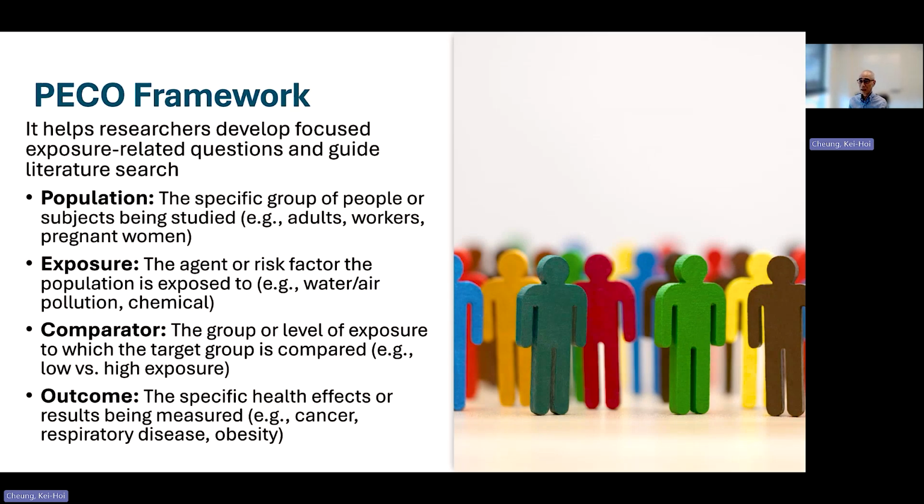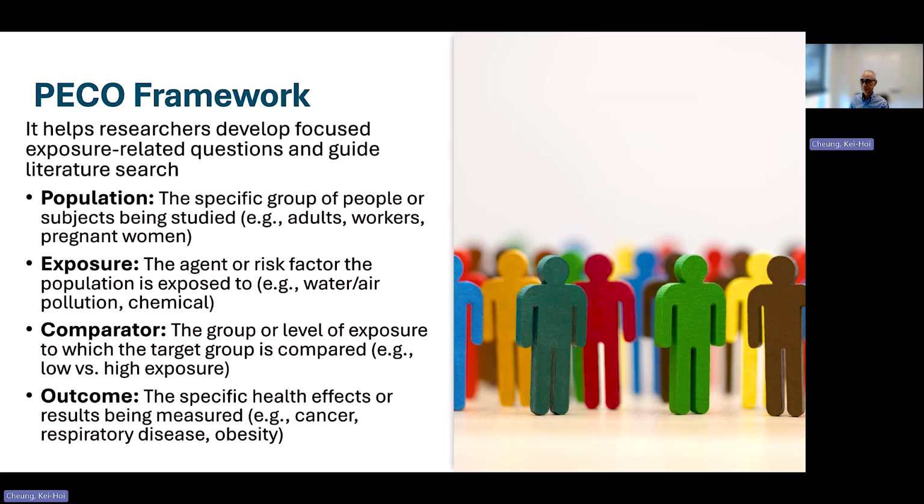So first of all, in terms of data or metadata standards, we start with the so-called PECO framework. PECO is an acronym for Population, Exposure, Comparator, and Outcome. This framework helps researchers develop focused exposure-related questions and guide literature search.